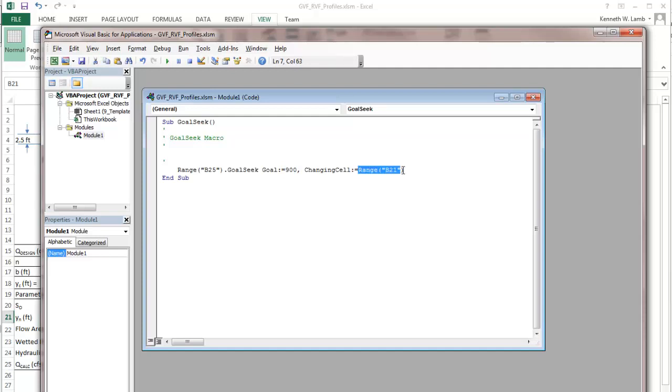So we replace the value 900 with the command range B15. So I copy that, paste it here, and change the reference to be cell B15. Now I know it's B15 because that's where my flow rate is located on my spreadsheet. Whatever your spreadsheet cell reference is, use that. Do not use B15 if it's not good for your spreadsheet.